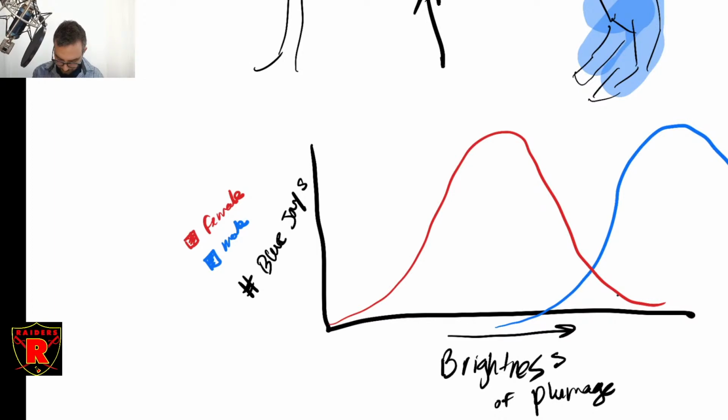So, anyway, getting back to question 8, it says, male and female blue jays are brightly and similarly colored. The key here is similar. So the fact that they're similarly colored, that is not caused by sexual selection. Sexual selection always causes a dimorphism, a difference between males and females.